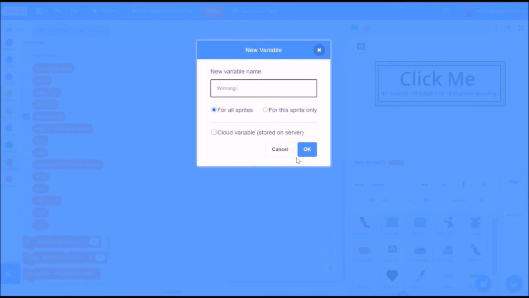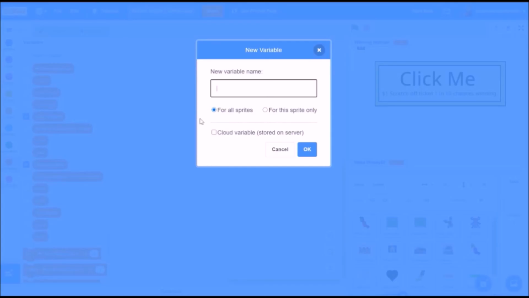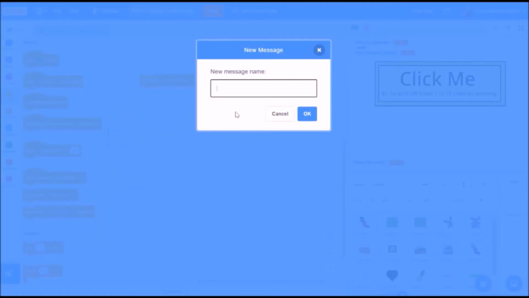All right, let's create some new variables. New variable name, winning number. And this is inside that click me sprite that we just made. And new variable name, your number, guess. And we don't have to leave those out there. We can for now. Okay, so broadcast new message,